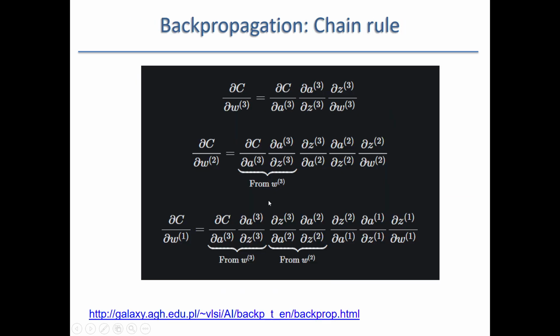So we compute the linear part. So let's say that I want to compute what is the derivative of the cost with respect to this vector. So it will be the cost with respect to the last operation of the